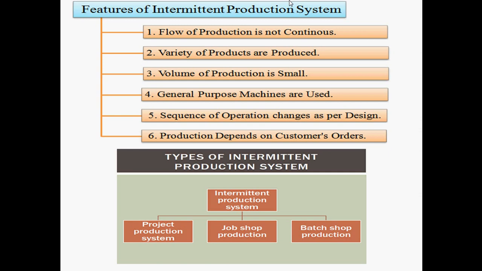That means suppose one machine is required by the customer, so according to your manufacturer, in a batch-wise way. And job shop means what? According to your fabrication work, some parts will be different, some other parts will be different. So according to that accommodation, we can produce a job shop production.